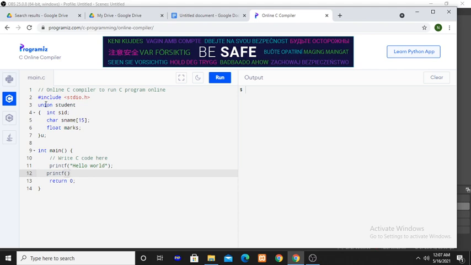So printf enter SID, scanf %d, U dot SID.